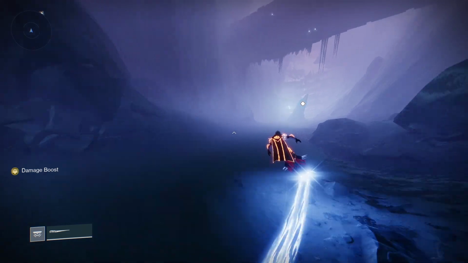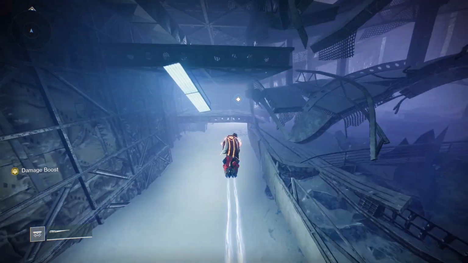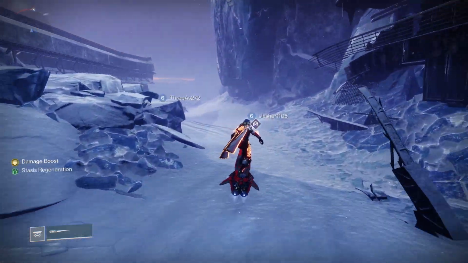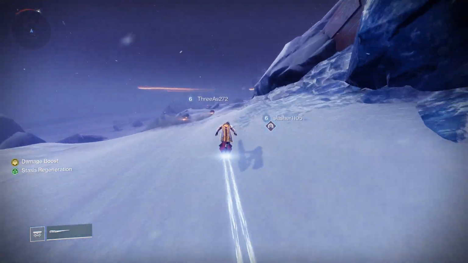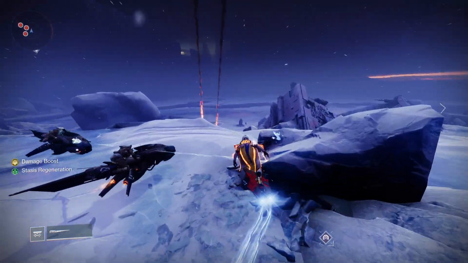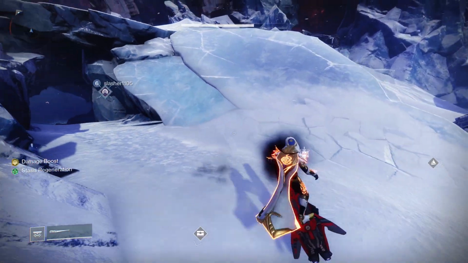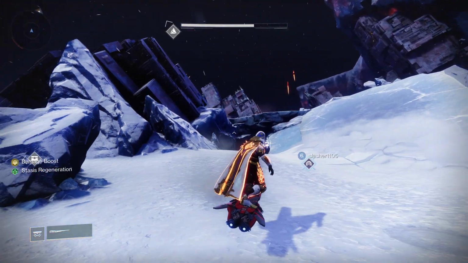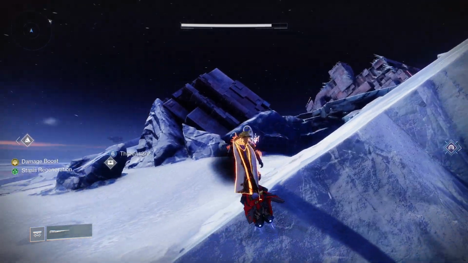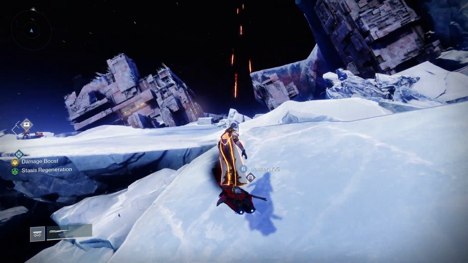But we're going to go over here and then through this foggy, snowy area. And that's going to take us to this part of the map, and you can see that I'm near. What we have to do now is actually go to the bottom of this mountain area, and you're going to see an entrance right here. It's kind of hard to see where everything's at, so this is off to the left side of the area, and then you're going to have these Vex